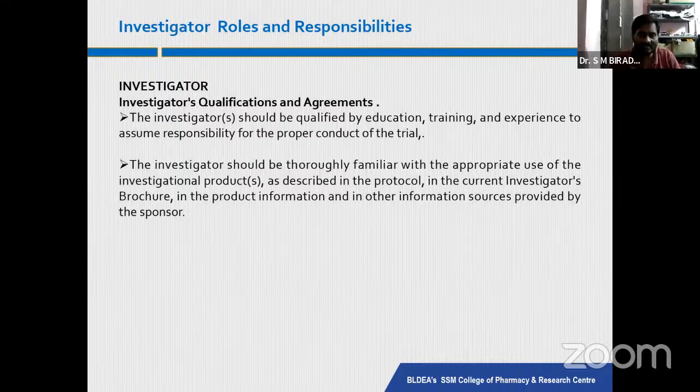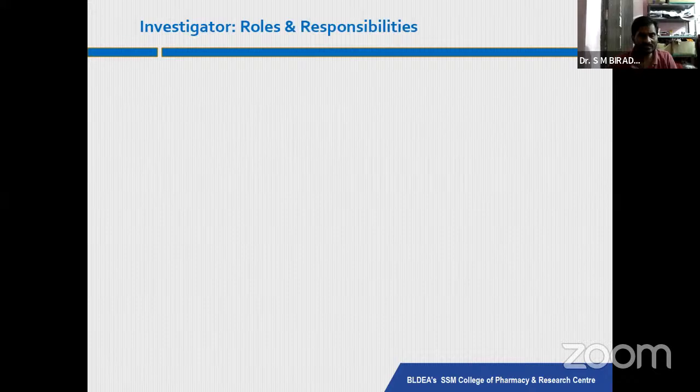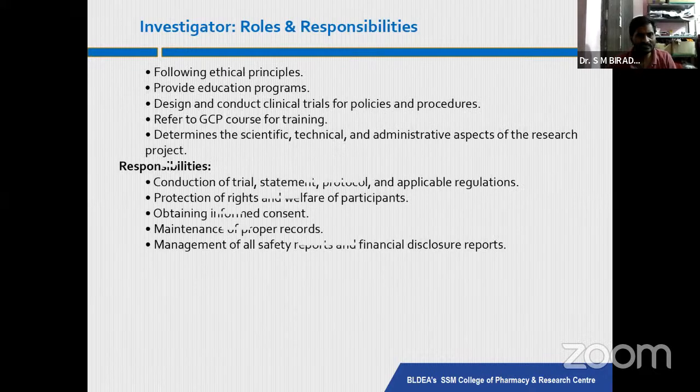The investigator should have certain qualifications, and he should be well educated to understand the protocol first of all, and fulfill all the basic qualities. A lot of things he has to frame, because he should be able to make the brochure, and he should be able to get permission to present it in front of the IC or review board. So a lot is required. His qualification or eligibility should be proven first.